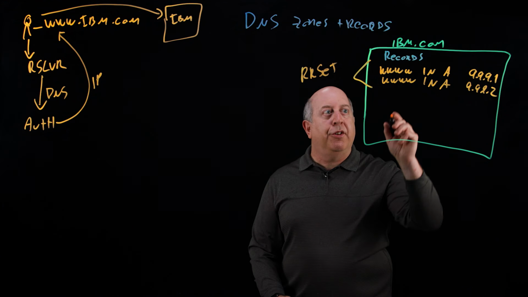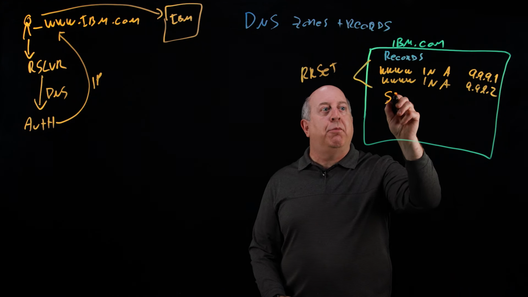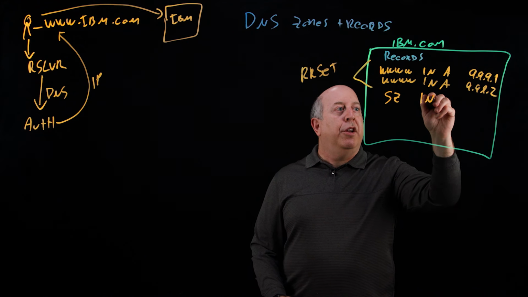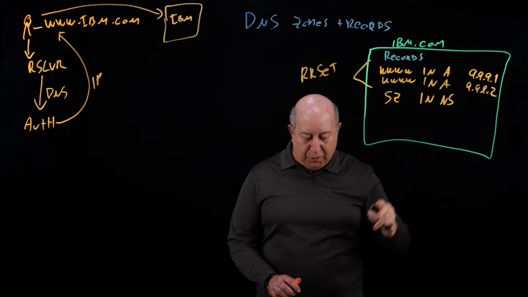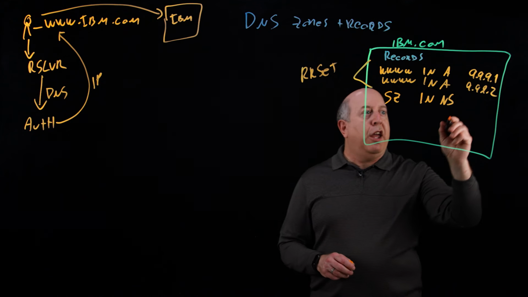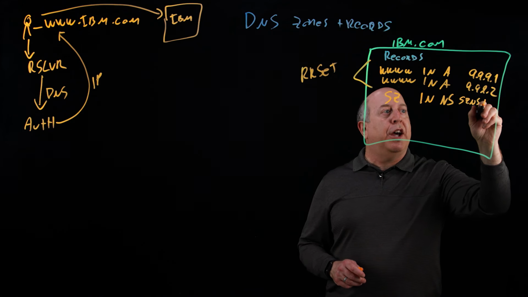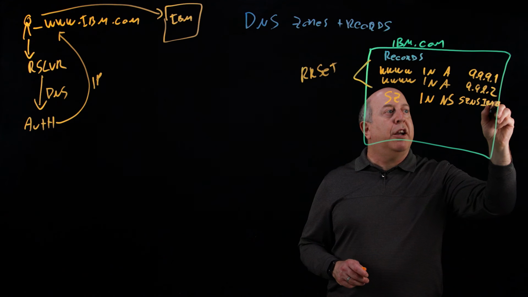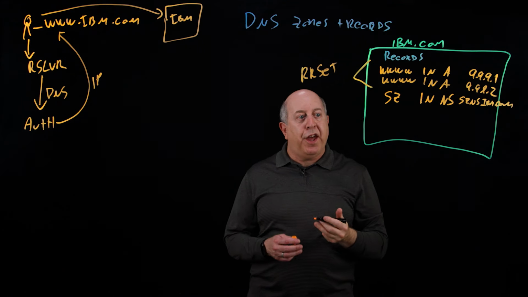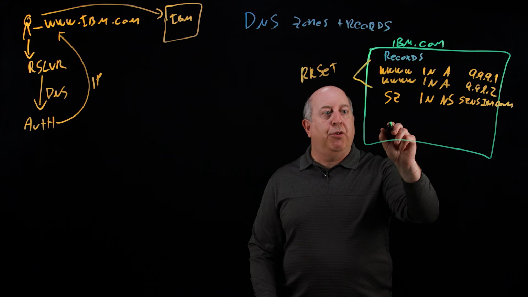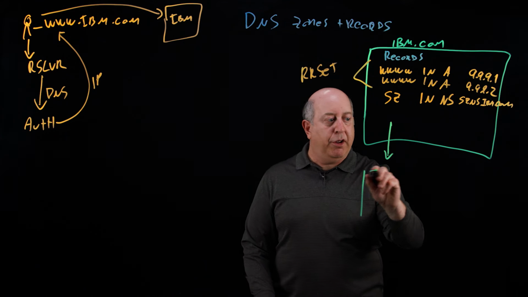So in that case, you'll set up a special record type called subzone. This is the name. It'll point to a name server record, NS, and we'll just say it's going to subzone nameserver.ibm.com. Now what that does is it creates this redirection to another zone